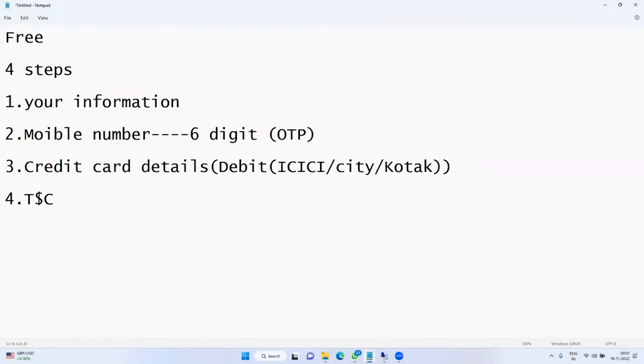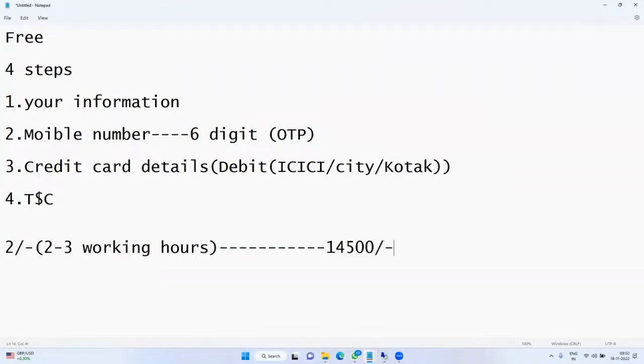Once you enter the credit card details, you will be debited 2 rupees. That amount will be credited back to your account within 2 to 3 working hours. They will provide 14,500 free credits. This is for India.